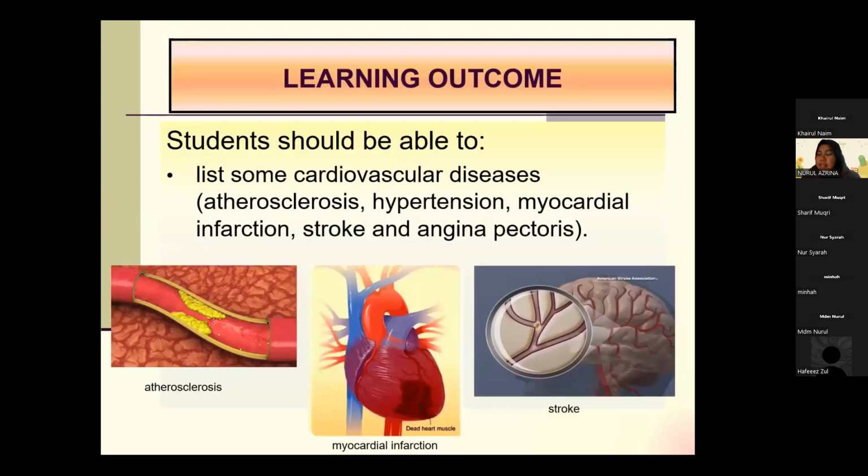Okay, next we go to list some cardiovascular diseases. So this is very simple since our LO is to list. Okay, list some cardiovascular diseases like atherosclerosis, hypertension, myocardial infarction, right? Stroke and angina pectoris. So you can actually Google yourself if you can't understand, but somehow you can see from this picture, atherosclerosis is